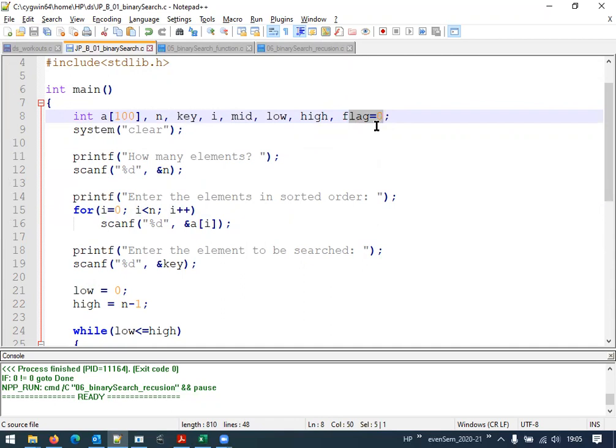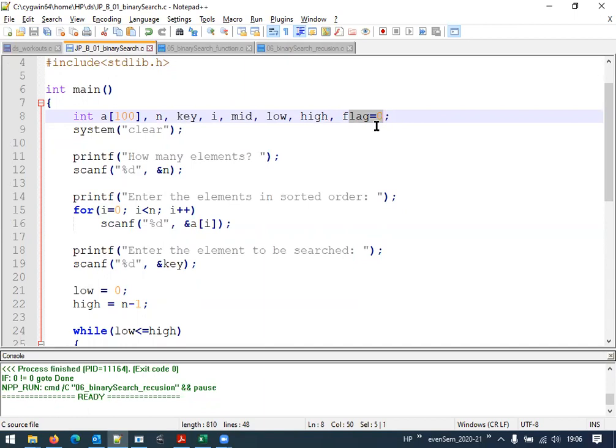Conceptually, flag means it can take only two values, 0 or 1. Like you might have seen with trains, if a train wants to move on a particular railway track, they may use two different flags, a red flag or a green flag.